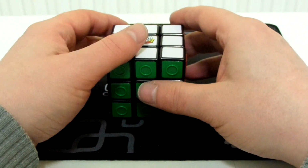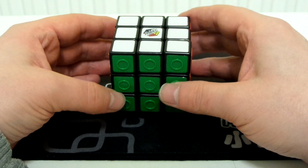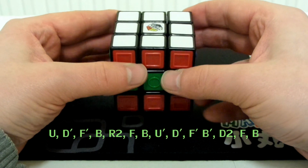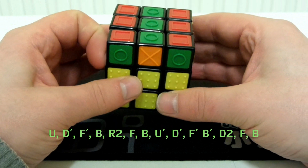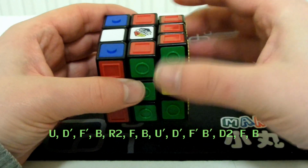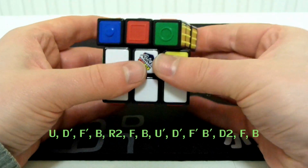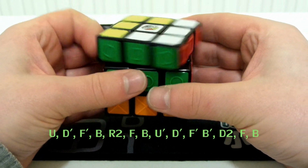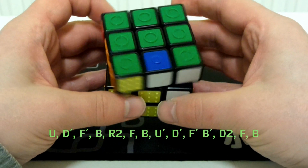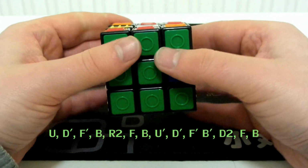Okay, so in this video I'm going to show you how to make the 6 orthogonal L's pattern on a 3x3, and the algorithm is U, D prime, F prime, B, R2, F, B, U prime, D prime, F prime, B prime, D2,